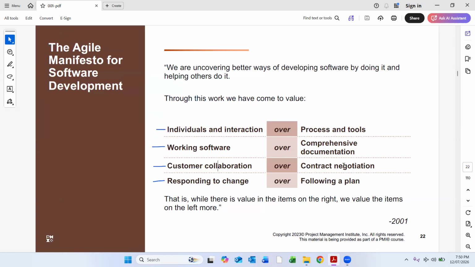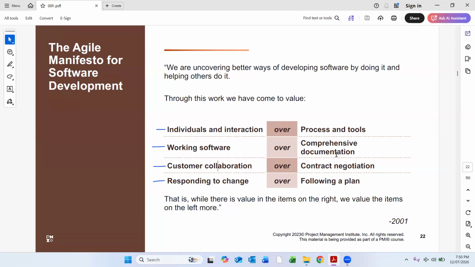Working software over comprehensive documentation. The software should work, rather than you having plenty of documents. It should be working software. Customer collaboration should be there over contract negotiation. So you should not be discussing contract. You should have customer collaboration, right?